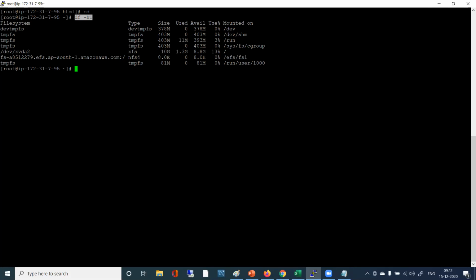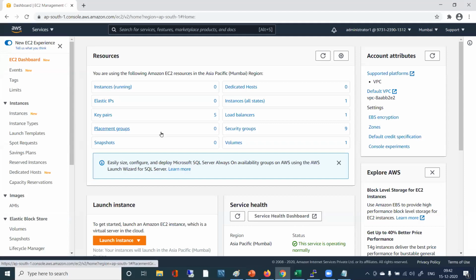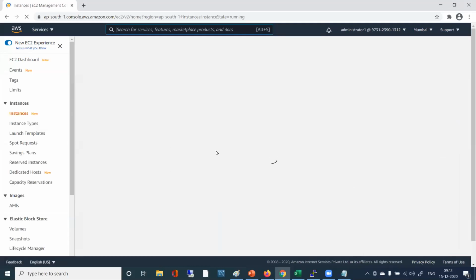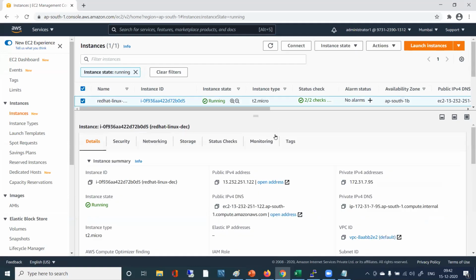Sir, this public IP is assigned by Amazon for the EC2 instance, right? Will this always be the same? Maybe every time when we connect and disconnect, it will change, right? No, every time we connect and disconnect, it will not change. But when we stop the instance and start the instance, it will be a new IP. So if we want to connect with PuTTY, then again we need to copy paste the IP address, right? That's right.